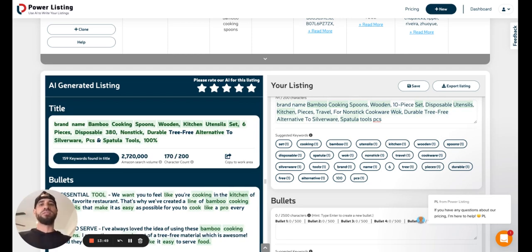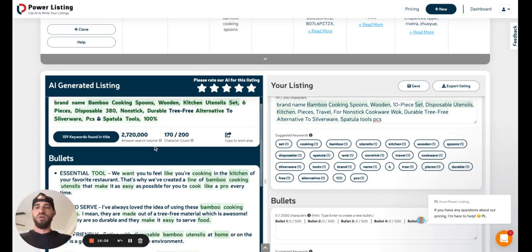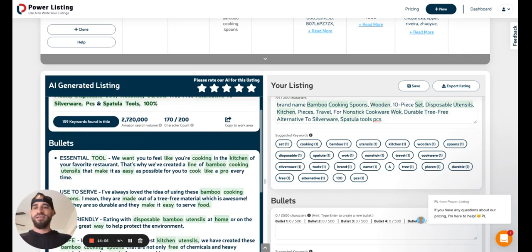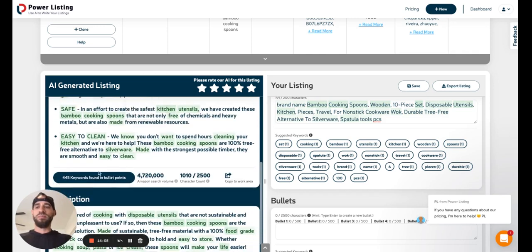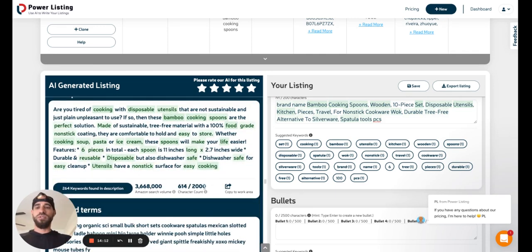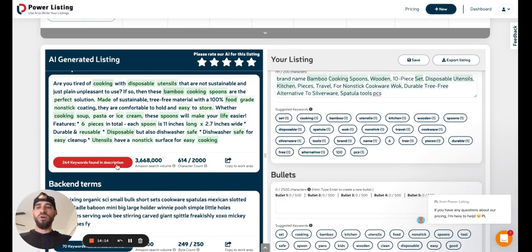All of this is based on Amazon's TOS and Amazon's recommendations. So you can have the peace of mind that when you copy and paste this into your Seller Central account, you're not going to be violating any of Amazon's TOS. And then coming down here, bullets, same thing, and the character count, description, the amount of search volume, and